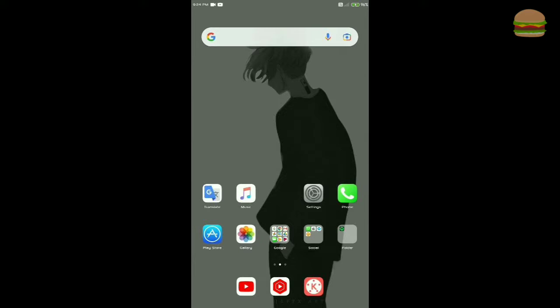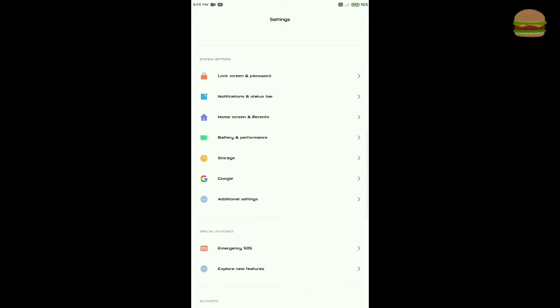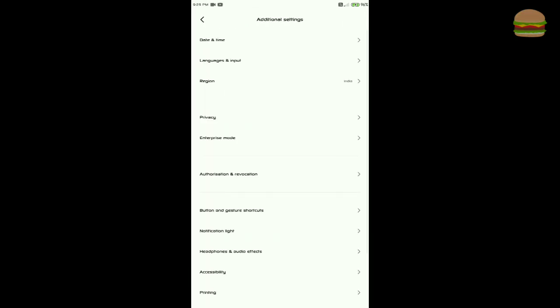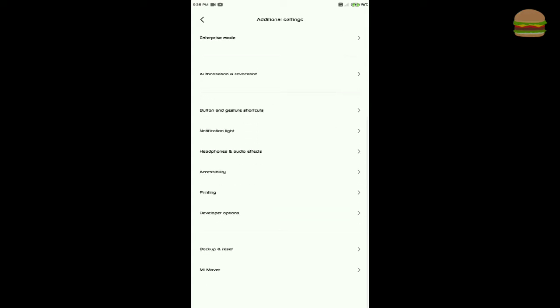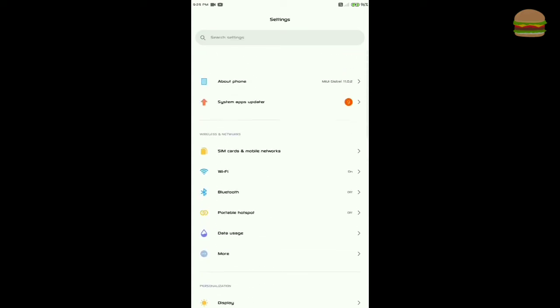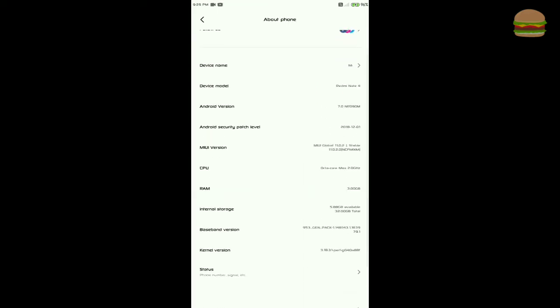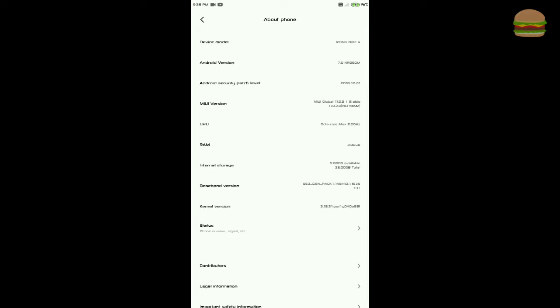So let's begin. First of all, you have to open mobile settings and then go to additional settings and then the developer options. To get the developer options, you have to go back and then the about phone. You have to find MIUI version, then click on the MIUI version about 7 times